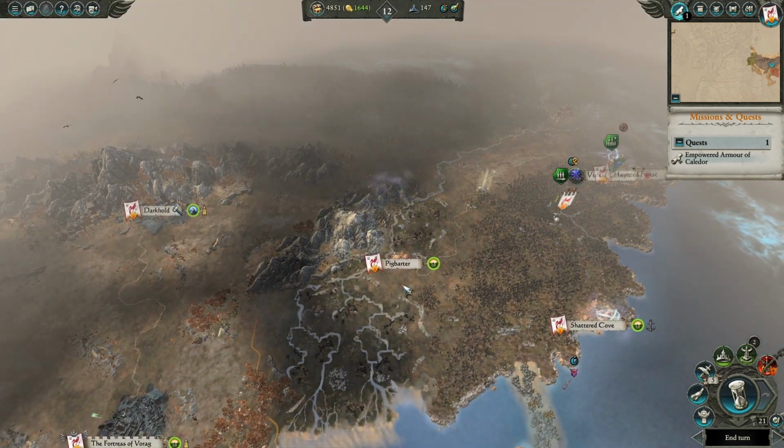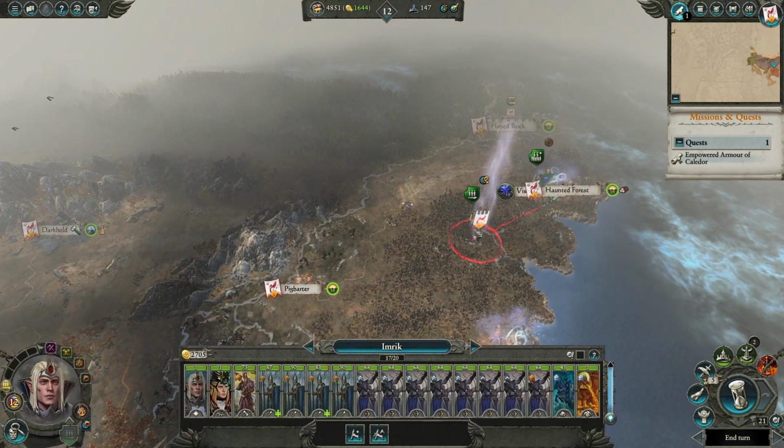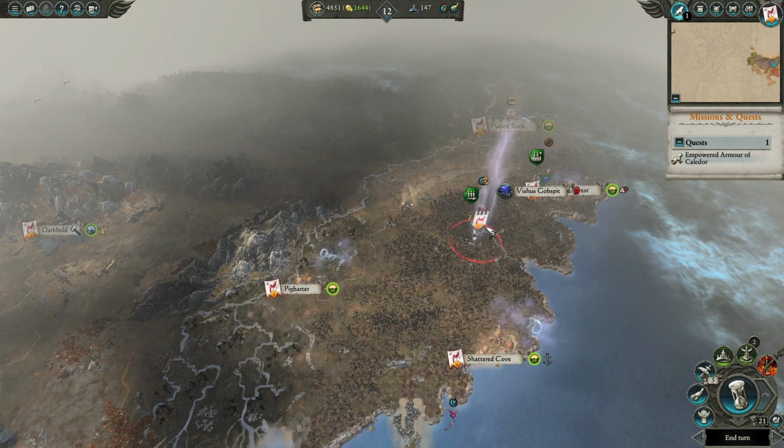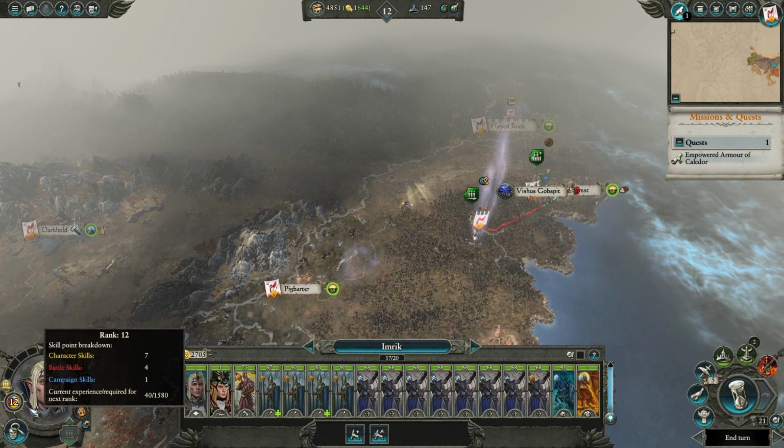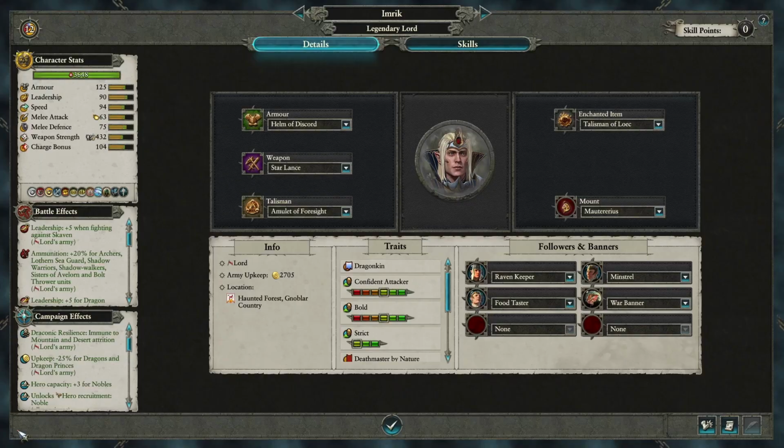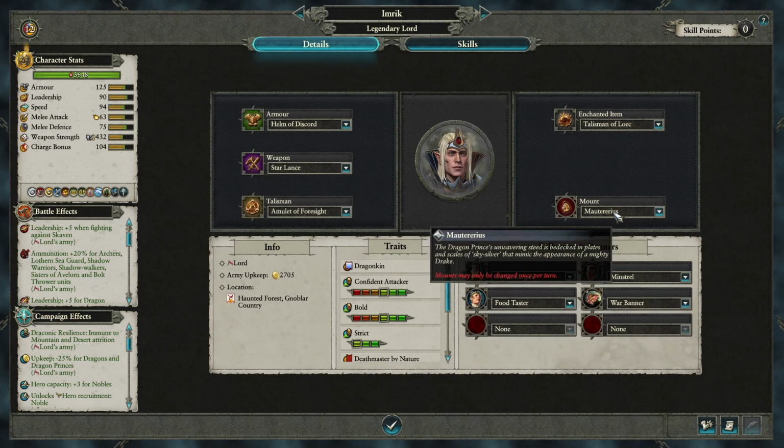You will eventually, sure, but just to start out, it's nice to have. It gives him the advantages that he needs in the early game. Okay, so if we're going to look at his special attributes, like I said, he does start with this mount,